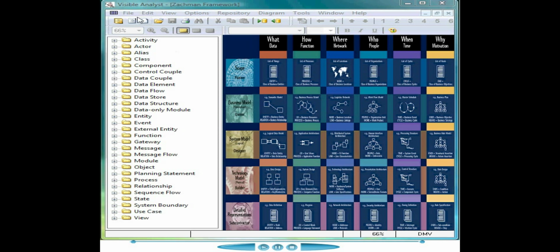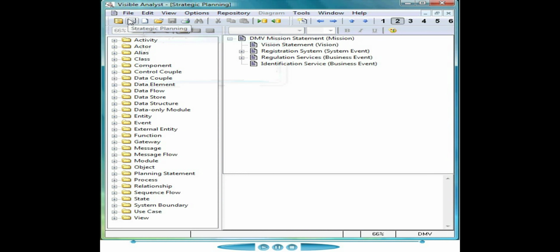These rules are defined in the Visible Analyst as strategic planning statements. These statements communicate to the users the rules that govern the organization. The statements are arranged in a hierarchy according to their type as shown here. The planning statements also provide a framework to ensure that the models developed in subsequent phases meet the information requirements